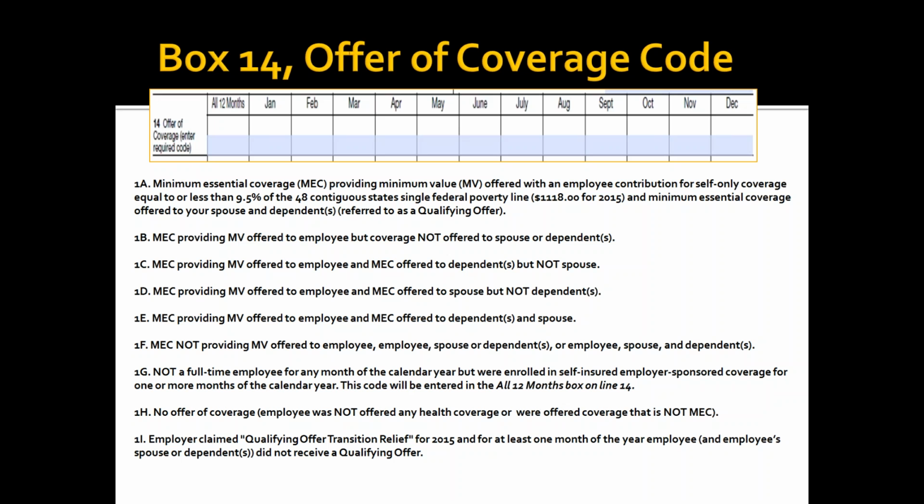1D, it's offered to the employee and their spouse, but not dependents. Or 1E, probably the most common, is it's offered to the employee, their dependents, and their spouse. Or 1F is that it meets the requirements, but it's not a minimum value plan. It's minimum essential coverage, but it's not minimum value. And again,